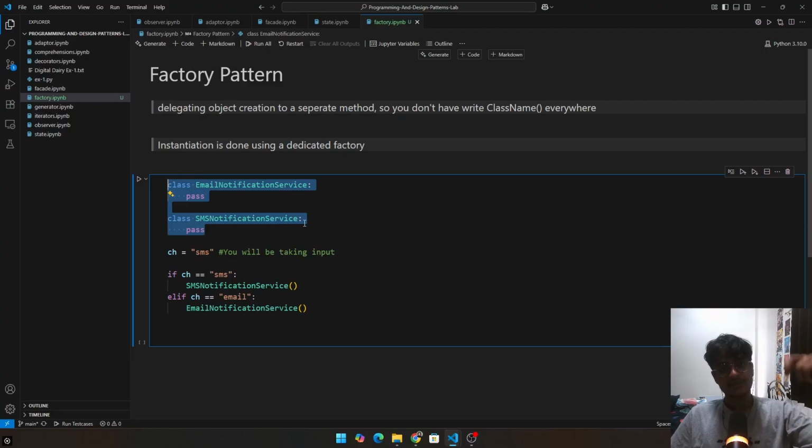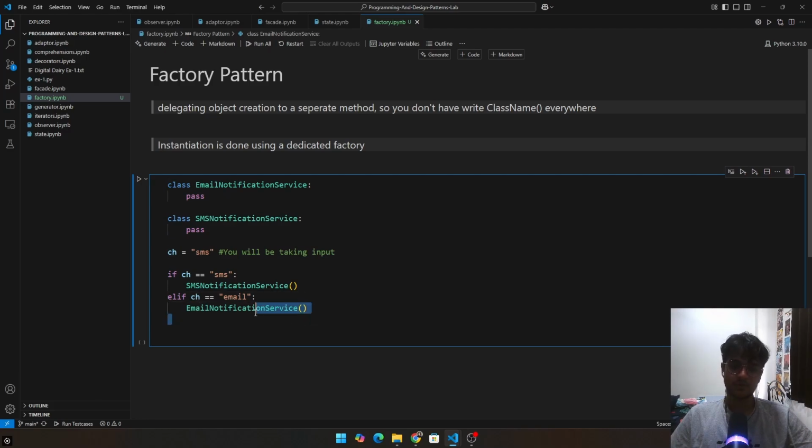But in every single class where I'm using this, and I need to make this decision about what type of notification service the user prefers, I have to write this extra bit of code to get that from the user. Now assume in the future I have some changes on this SMS notification service, or